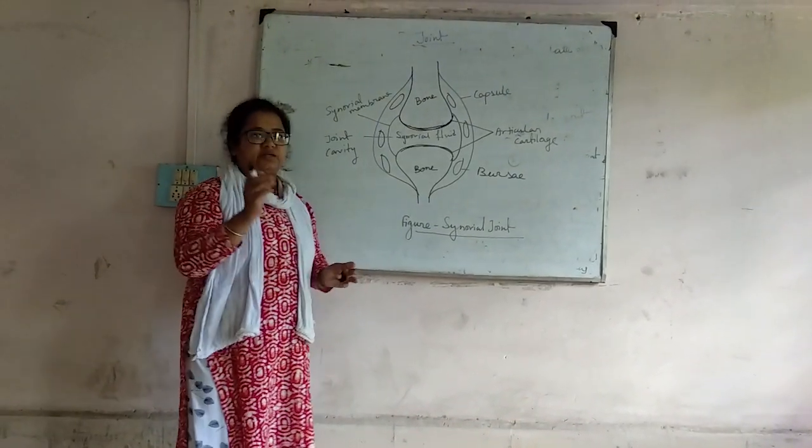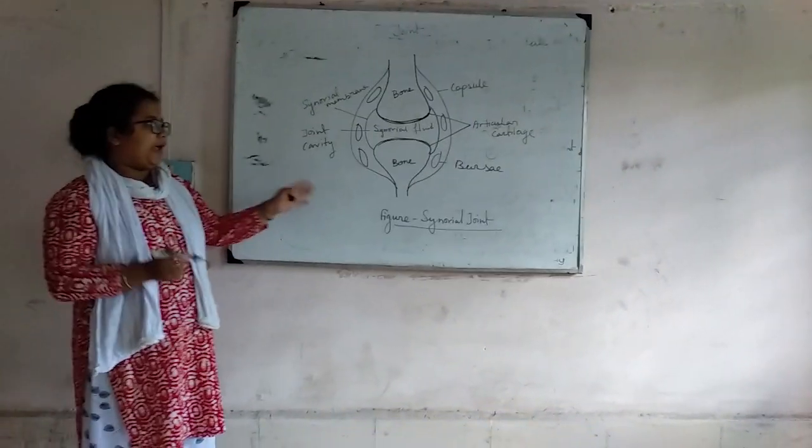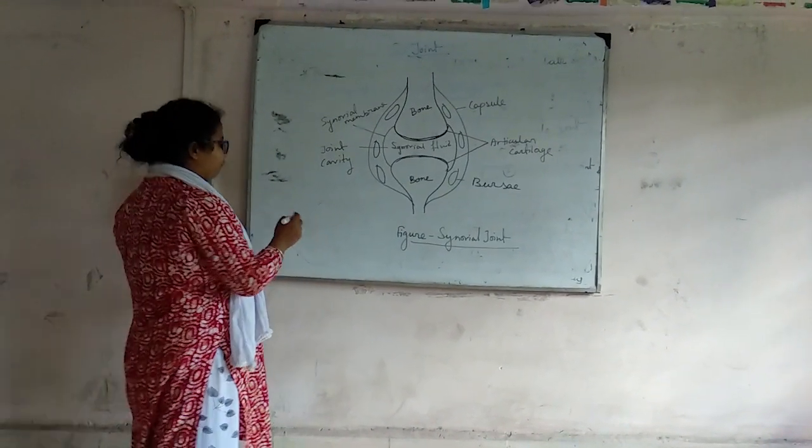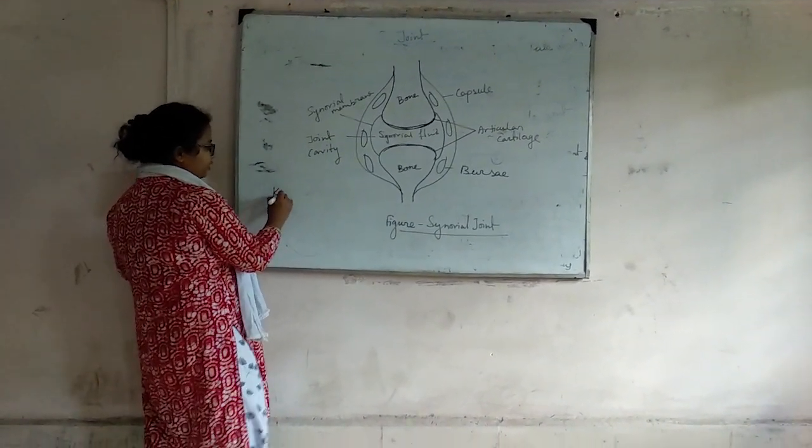It acts as a shock absorber and provides extra protection to the joint. Some examples of synovial joints are the knee joint,